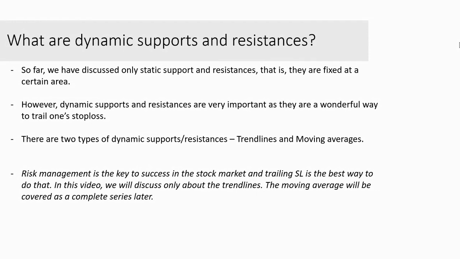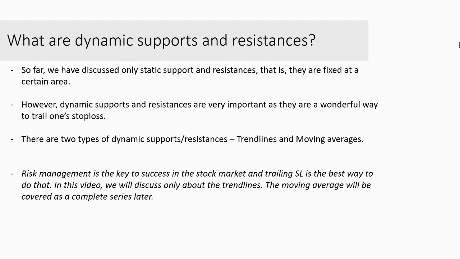Now, consider that if you enter a position, you start with a stop loss, but once the position starts moving in your favor, you should ideally trail it so that you start booking some of the profits. This makes sense, right? Suppose you are at a profit of 50-60% and then the stock falls and you end up hitting the stop loss, which was initially at a loss or maybe at your cost price, so your gains can be wiped out. This is the reason we have to trail the stop loss, and it is very important. This is one of the main parts of risk management.